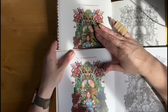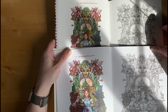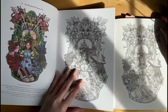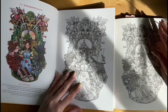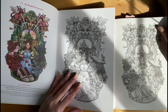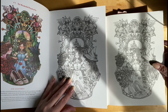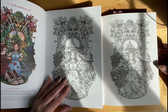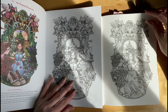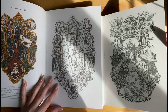Again, like I say, I think the print is still a little bit more vivid on the Japan version, but the actual bit that you're working on looks very, very similar. I'd say this is more of a creamy paper slightly. This is a bit whiter on the Korean version, but the images are pretty much the same. I don't think there's a huge amount of difference in them. Maybe a slightly duller print in the black and white version, but apart from that,